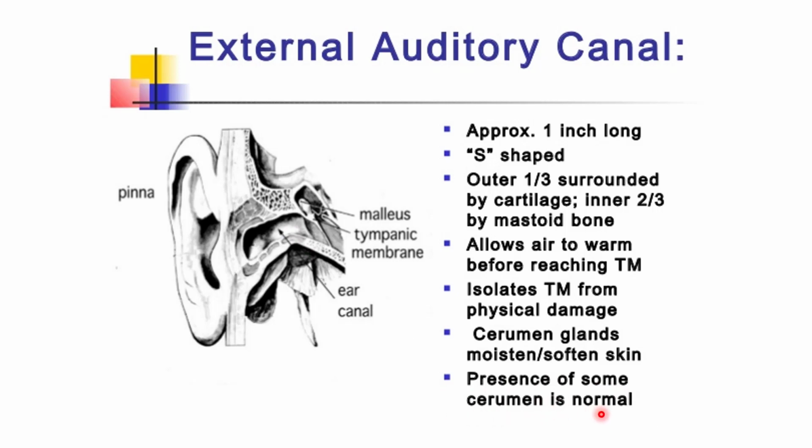So cerumen is normal. When air passes through these small hairs in the external canal, they filter that air, so that major dust particles are prevented from reaching the tympanic membrane. Similarly, the cerumen is sticky and entraps particles from the air, and it might also entrap insects if some insect happens to be inside the external canal.